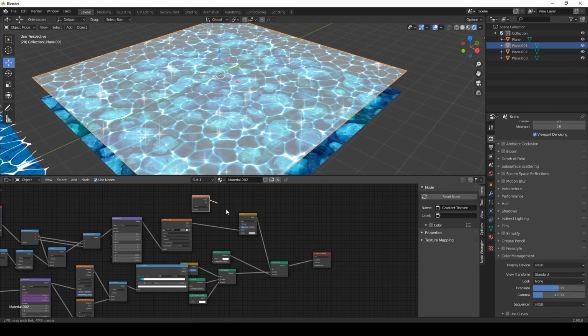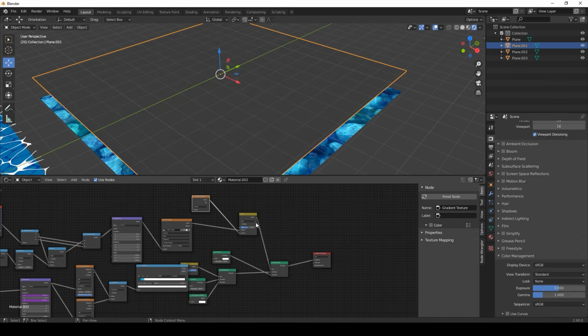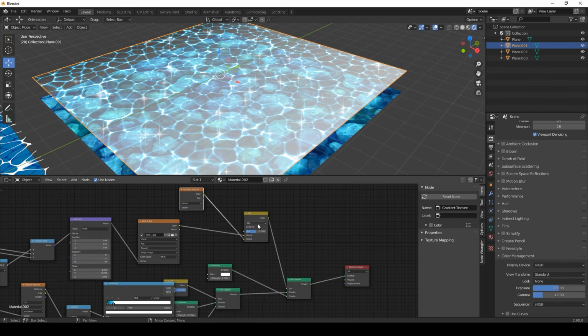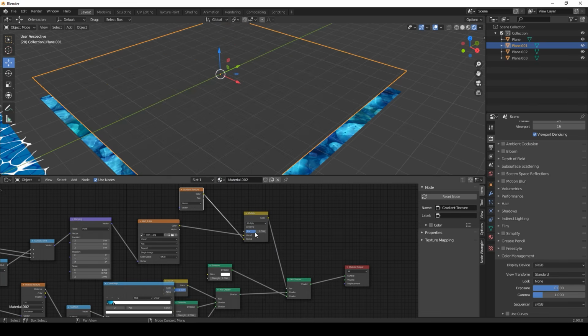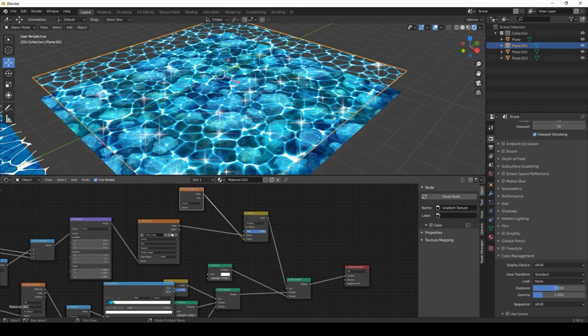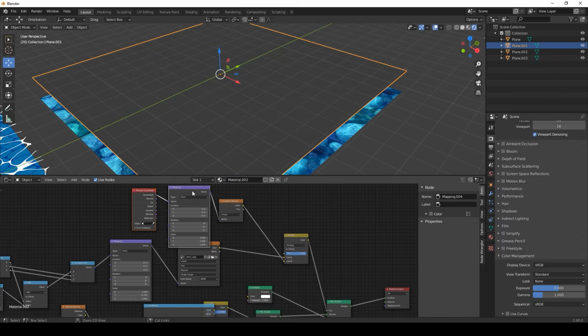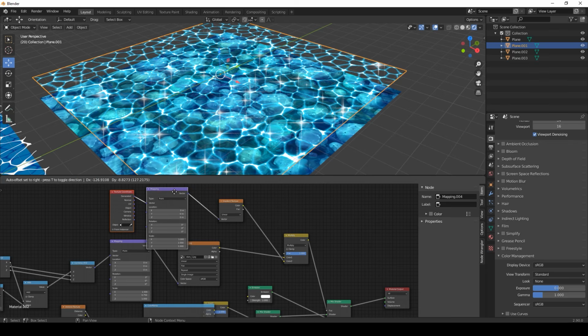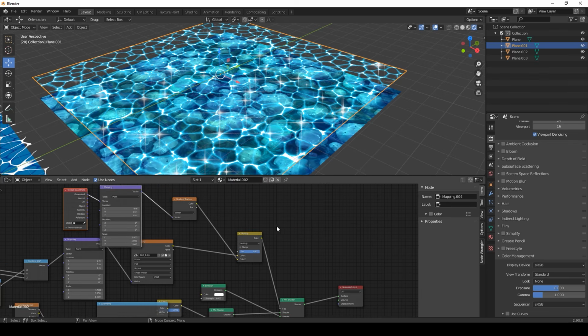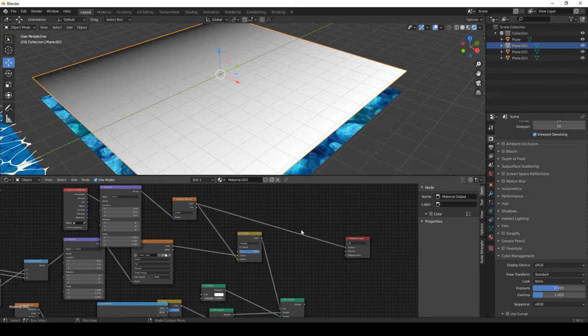Let's plug our gradient texture into the mix node and set it to multiply. Let's add a mapping node to our gradient texture. To see our gradient texture, we can plug it into our material output,